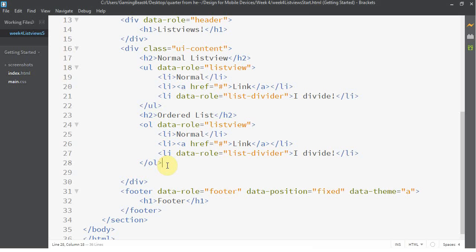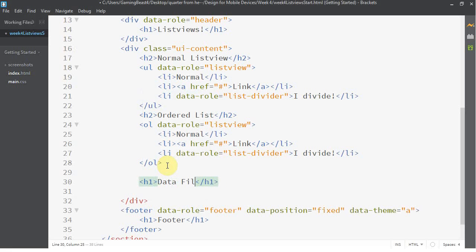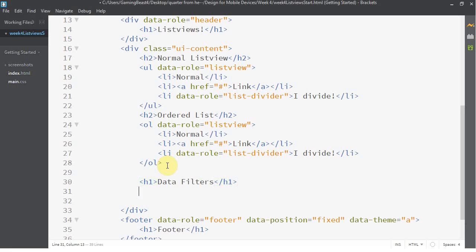Alrighty. Okay, so the next thing we're going to move on to are data filters. I think these are pretty cool. When I saw this, I was like, okay, this is slick. I mean, this is some pretty awesome functionality that it has here that you really don't have to code out at all. So unordered list,